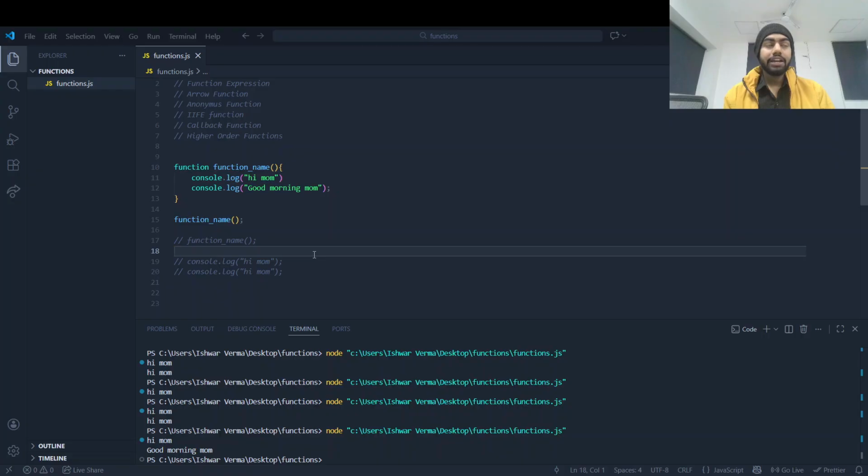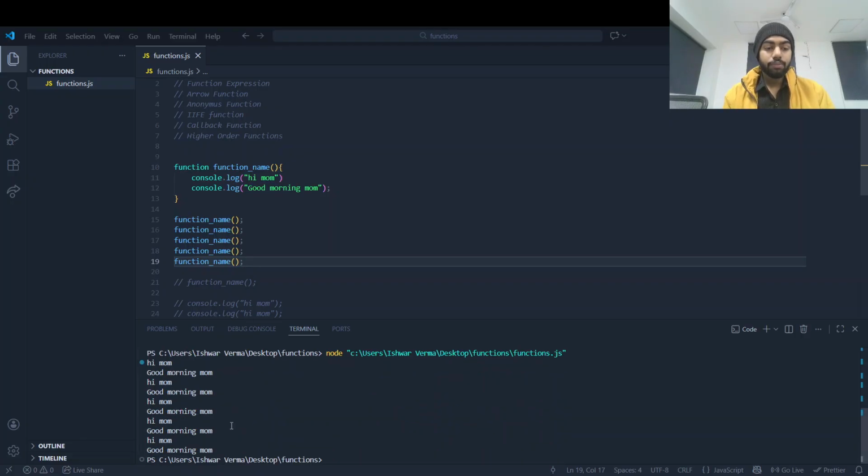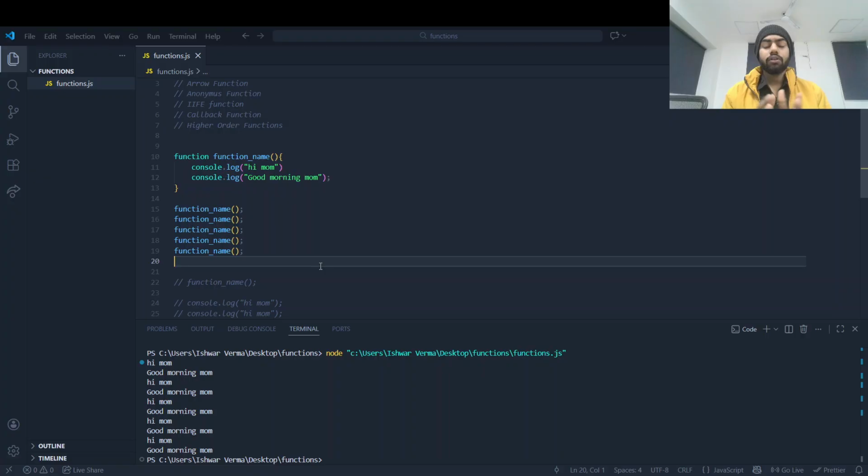You don't need to write this code many times. You can call it anytime, any number of times. If I call it 5 times, it will be printed in our terminal 5 times. With the help of functions we can write clean and clear code, and we can reuse our code.